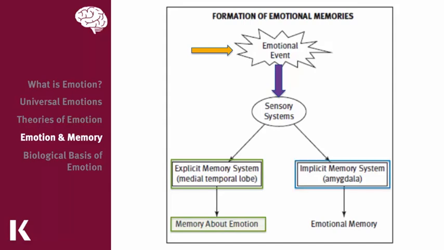The second system is the implicit memory system, which is performed by the amygdala, and this is an emotional memory. So let's say we have a person who is in a traumatic car wreck, and years down the road, they have a conversation where the word car accident comes up during the conversation. That person may have an immediate, unconscious emotional reaction to that phrase, and that's something that's out of their control, so that's an implicit memory.